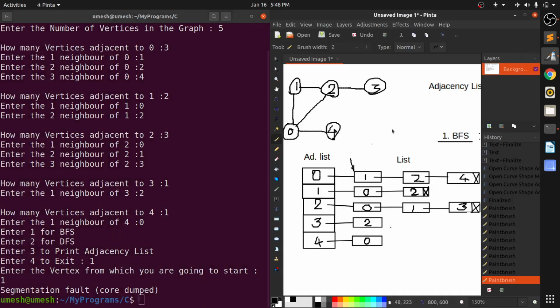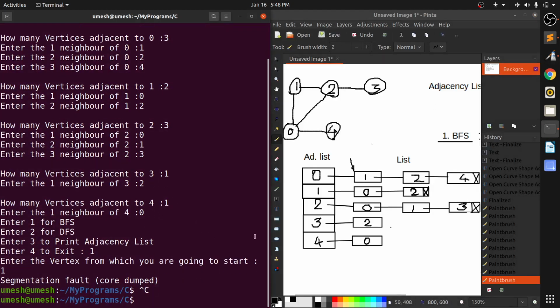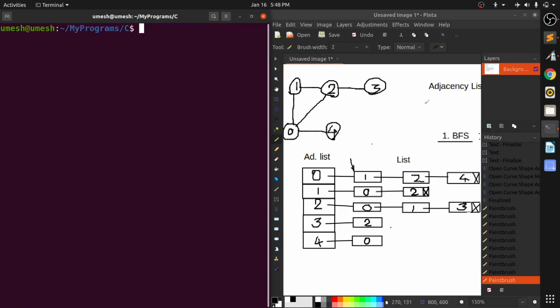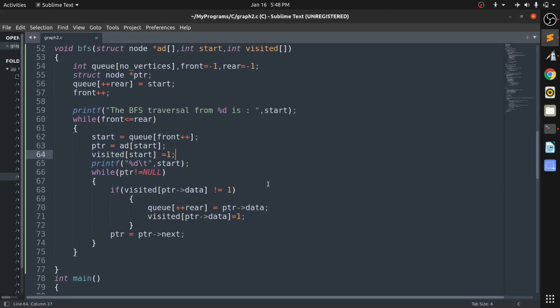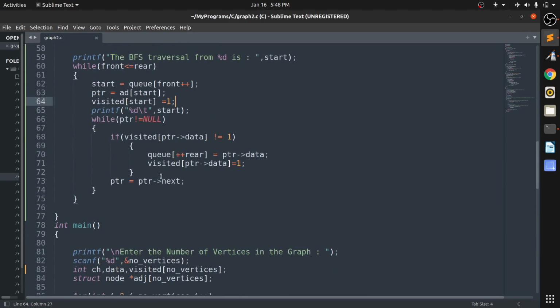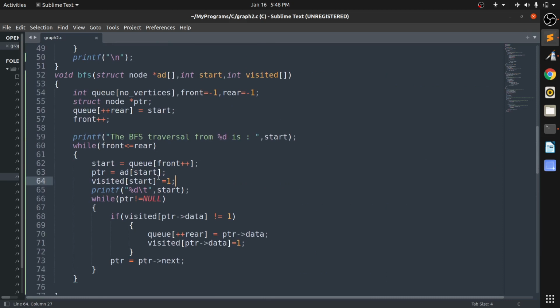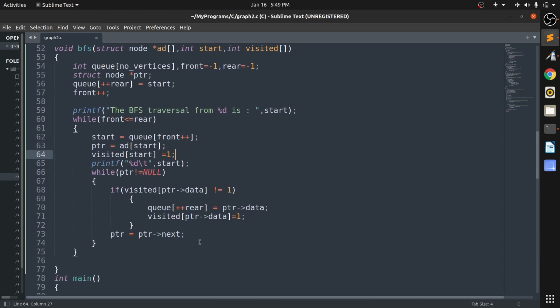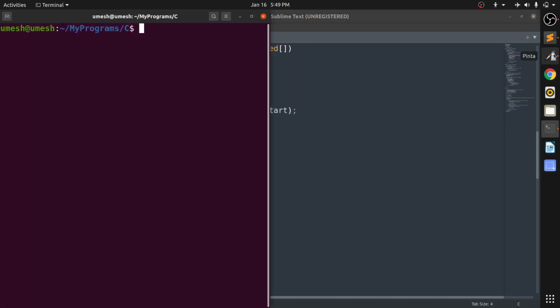Okay, now I think it should work. Just a minute, let me check. While ptr of data is not visited, yeah, and initially I have pointed it to 0. Now visited of start is equal to 1 and the node is put. Okay, so it should work now.